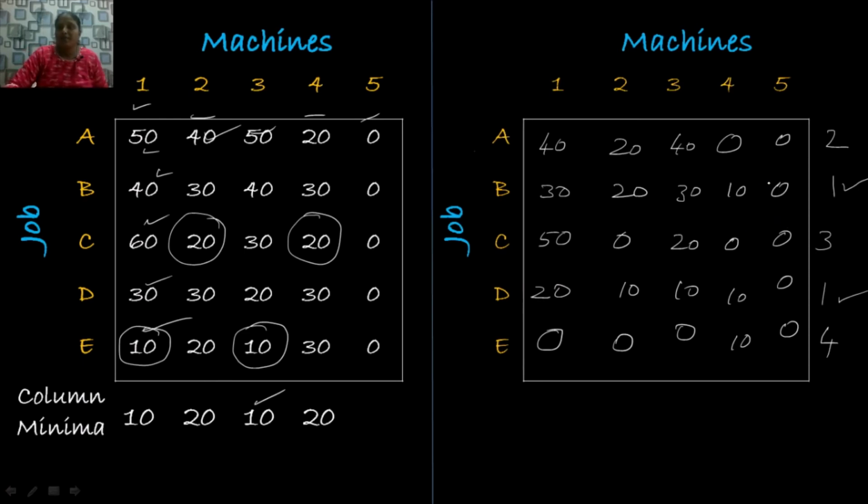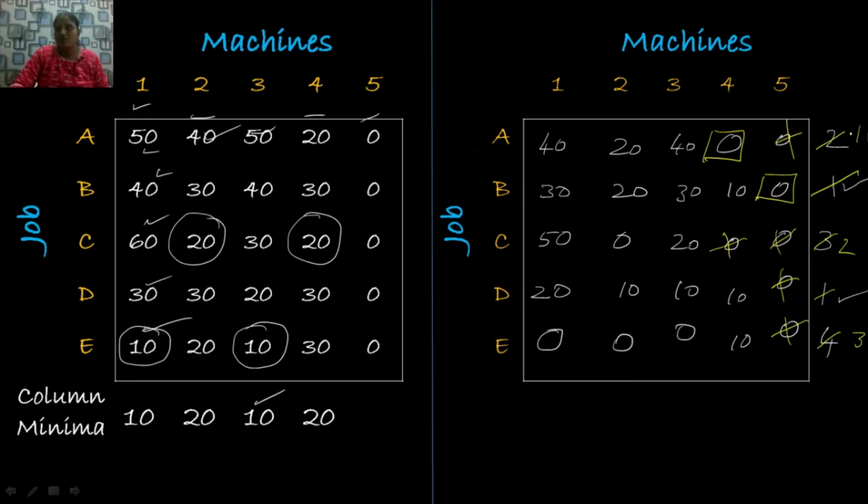Now I am going to make my first assignment at this position. So after making assignment, cross the remaining 0 elements in the same column and also row wise too. Row wise it doesn't have any 0. So now next, this has only 1 zero, this has 2 zeros and this has no zeros, and this position we have 3 zeros. So now I am going to give my next assignment for the first row since it has only 1 zero. So after making assignment, cross the remaining 0 elements in the same row and column.